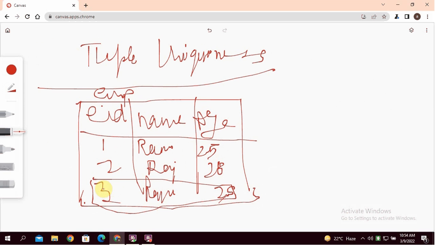Here, 1, Ram, 25 is not allowed, because duplicate tuples within a single relation are not allowed. This is the duplicate tuple. Tuple means a single row in a relation.